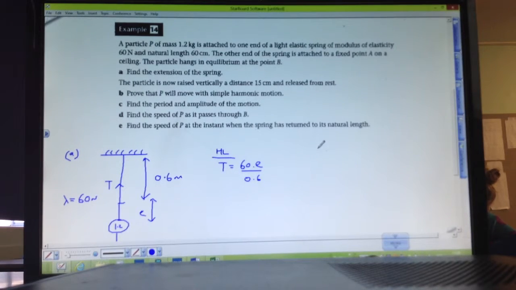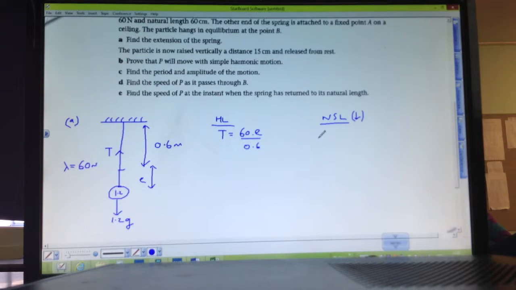Then, using Newton's second law, if we say positive is downwards, you've got 1.2 G, the force, take away the tension, must equal 0 if it's in equilibrium. So I've got T is equal to 1.2 G,